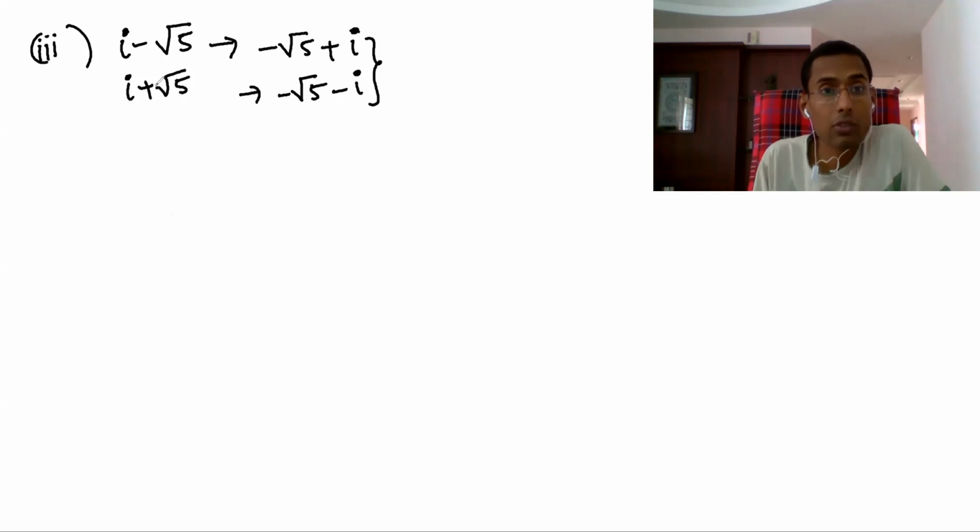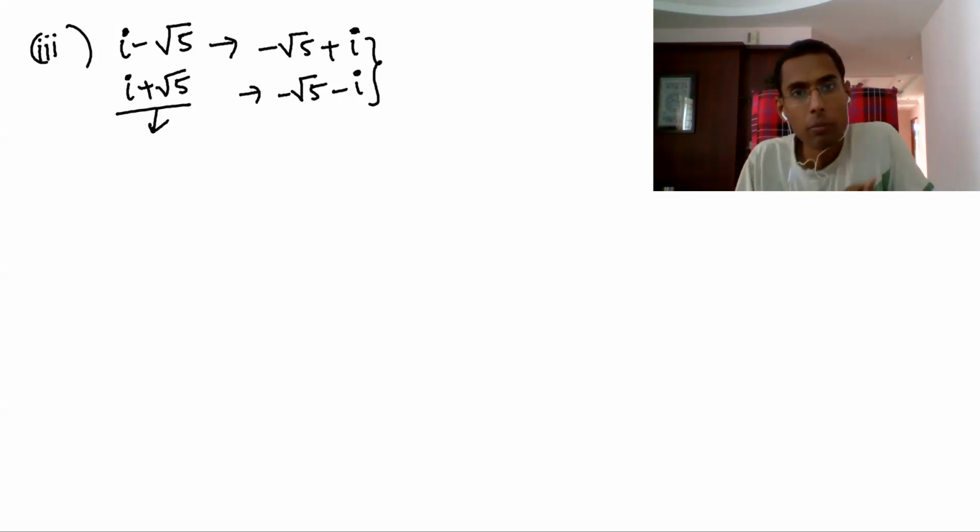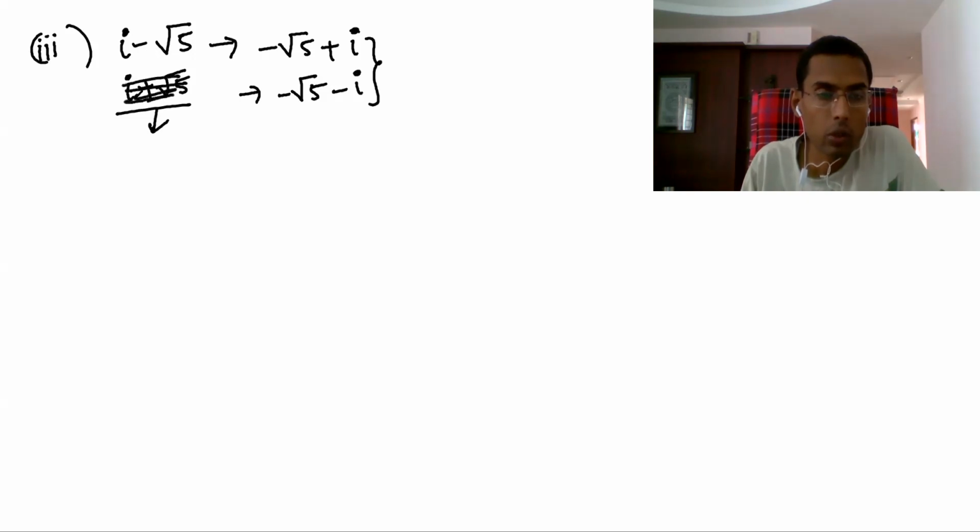All right. So with these four roots, you can form a polynomial equation. So now let's form the equation. With these two roots, I am forming an equation. The i and the i get cancelled. So with these two roots, if we get an equation, that becomes quadratic. This is not required. So now this is the root given: minus root 5 plus i and minus root 5 minus i. So with this I get a quadratic equation.